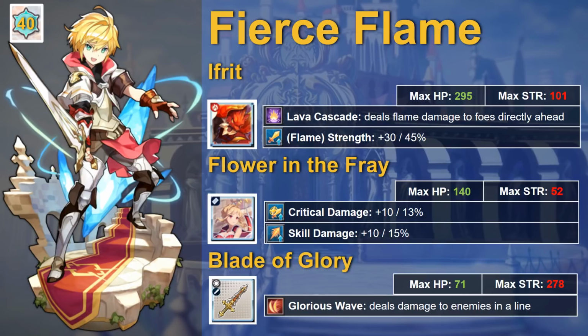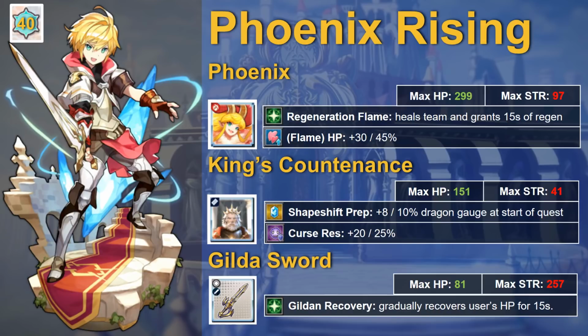My second build is more of a utility or support build. This build works well if Yuden is on a mixed element team where his primary purpose is to provide his player EXP boosts. The 4-star Flame Dragon Phoenix is incredible and one of the best dragons in the game thanks